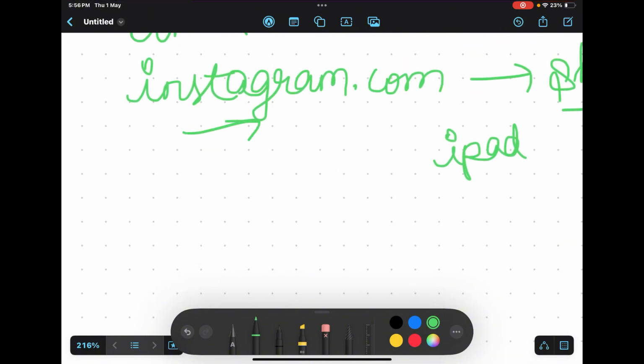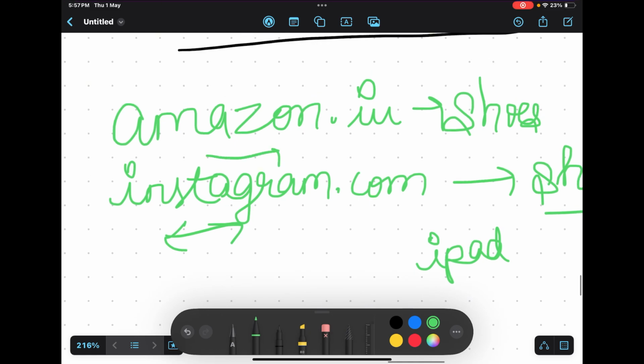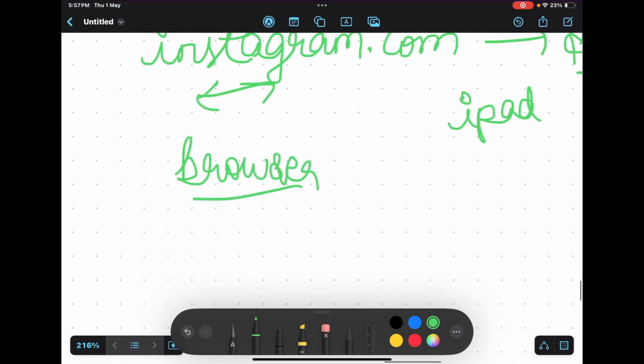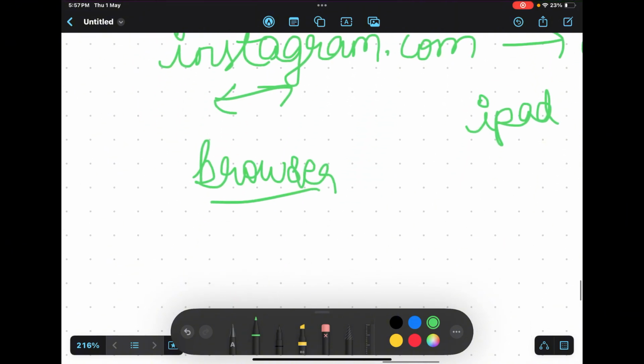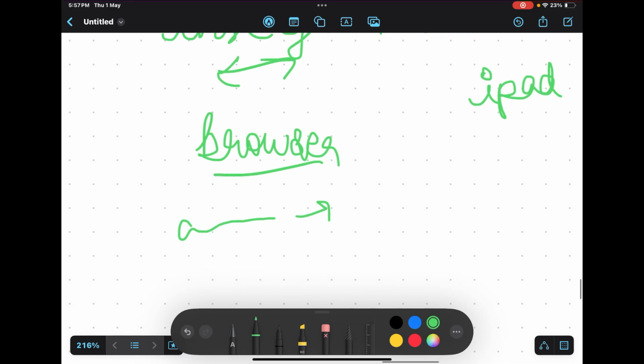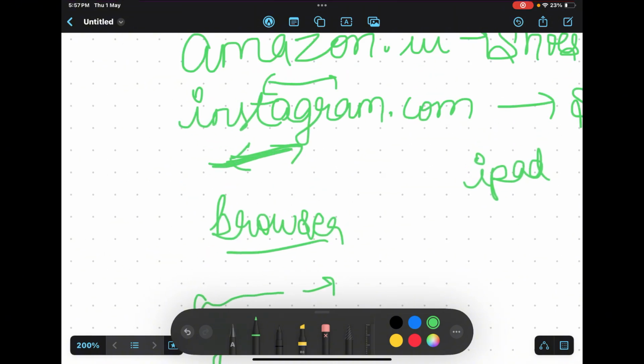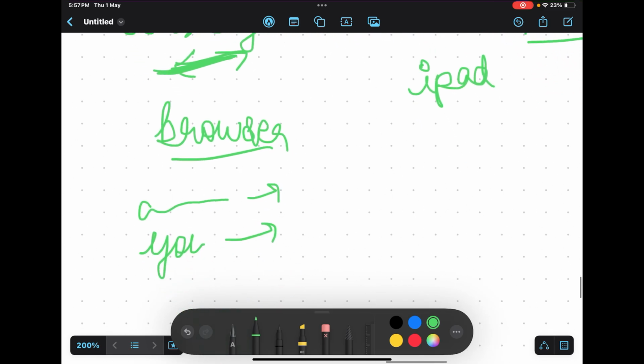So what exactly is happening? If you went to amazon.in and you allowed third-party cookies, then it simply means that instagram.com now has the access to set cookies on your browser. And because it has a cookie on your browser, it is now tracking you everywhere. If you go to amazon.in, it is tracking what exactly you are searching. If you go to, for example, youtube.com, it is tracking what exact content you are watching. Since you allowed instagram.com to set cookies from third-party domains, it can track you anywhere on the browser, and on the basis of what it is tracking, it will suggest specific ads.